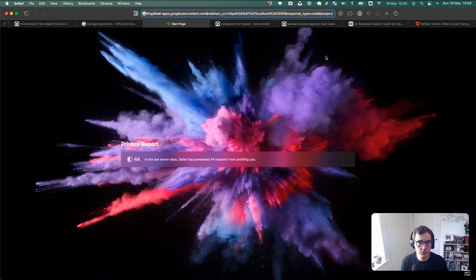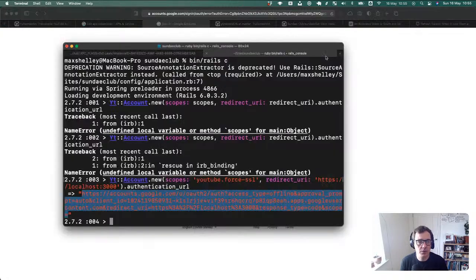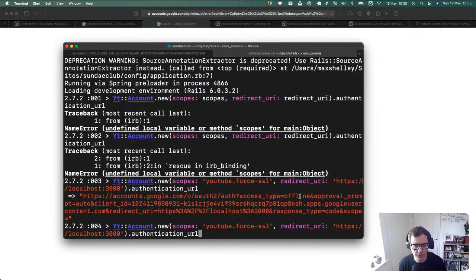And we go there. What happens? Cool. Missing required parameter scope. It just says scope. Oh, is that an array or something? Yeah, look, we've got scope equals on the end of the URL here. Let me bump the font size of this up.